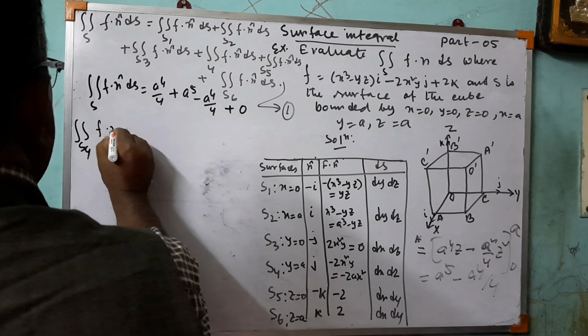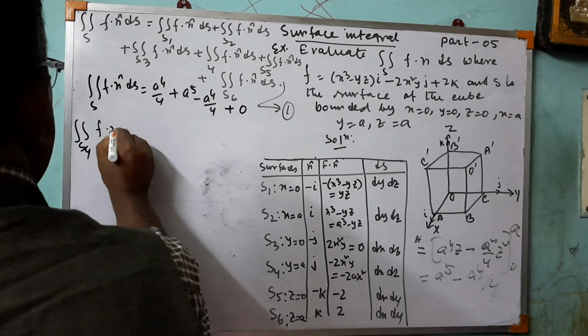This becomes minus 2x from 0 to a, dz from 0 to a, that is minus 2a, and the dz integration is z, then 0 to a, that is minus 2a square. Now